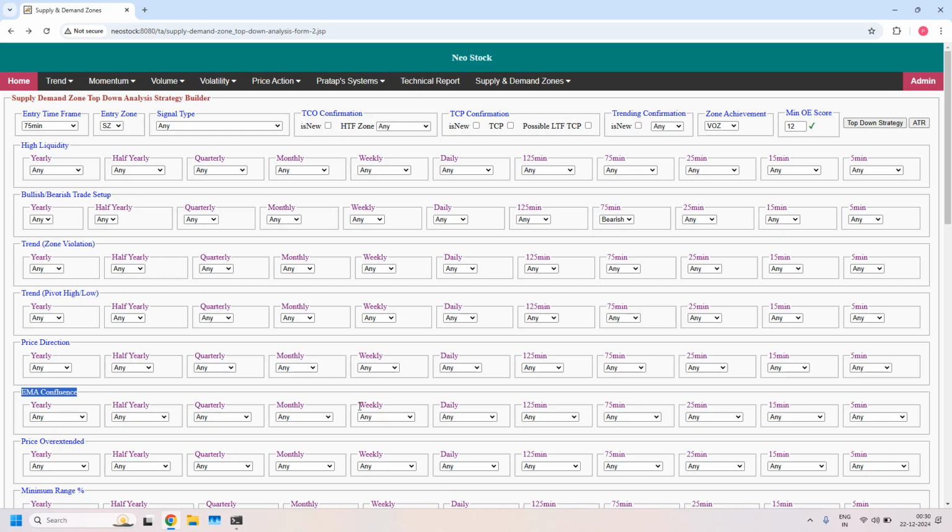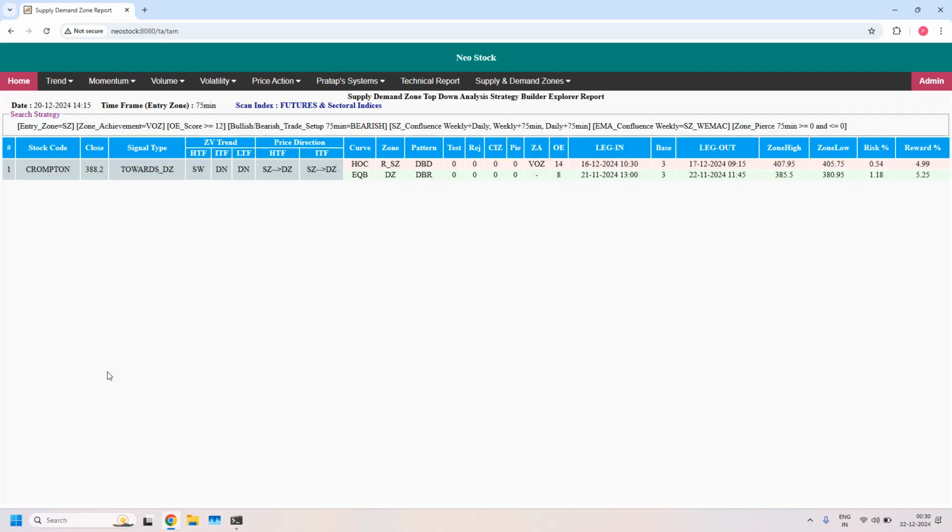In the EMA confluence, weekly time frame, weekly supply zone having weekly EMA confluence filter is enabled. So Asian Paints is not filtered. You can ignore this stock because the HTF trend is sideways. In a sideways trend, EMA confluence does not give any extra advantage. So we can ignore it for even more high probability. But still, this is a high probability zone because it is a high liquidity zone, this 75-minute zone. Okay, this is about bearish trade setup for